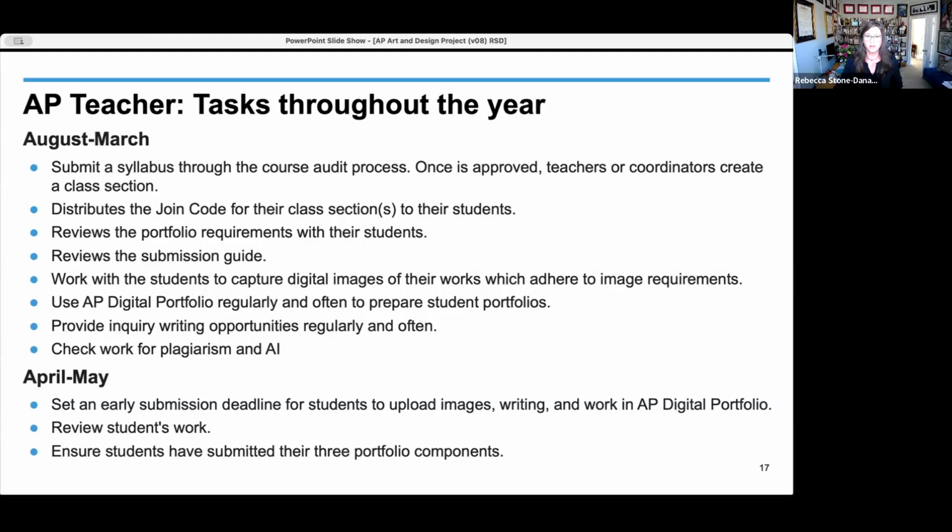Once a syllabus is submitted and approved, teachers or coordinators will create a class section and then distribute the join code to their students. It is important to do this in early fall so that if students have trouble creating their MyAP account, there is time for them to call AP Services for Students and receive assistance well before the November 15th exam ordering deadline. Once a student's account is created and they have accepted the class join code, students have access to AP Digital